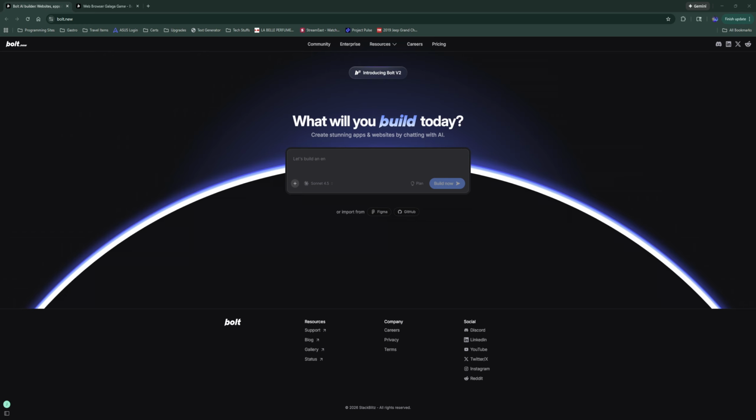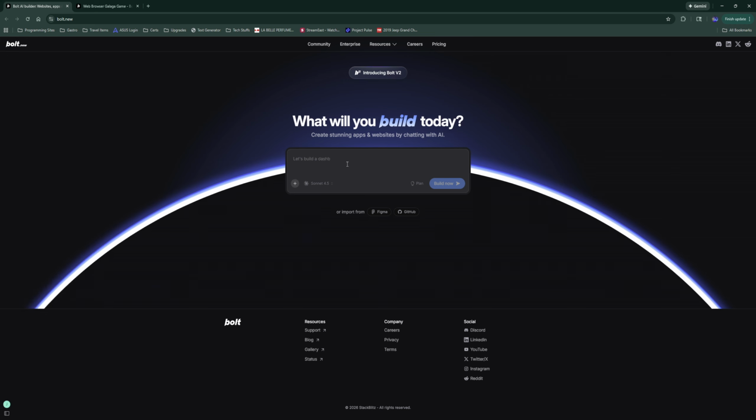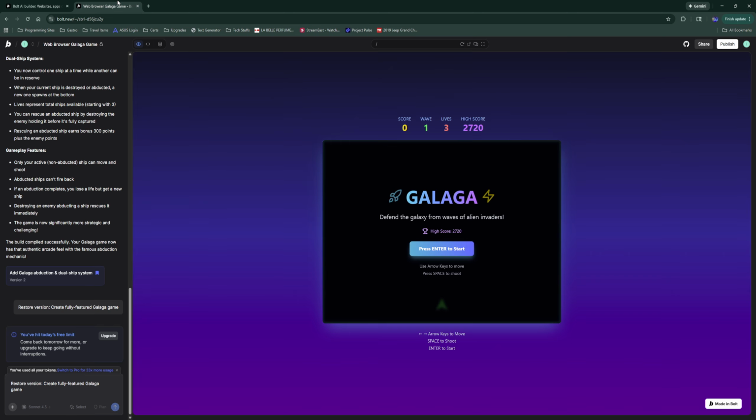Or first, how I did it. That's the first most important thing. I came here and just simply typed that prompt into the browser. Now, it will require that you make an account, but that's quite simple. You can use your Gmail, you can use your X, LinkedIn, GitHub. There's many accounts you can use. Once you do that, you click the Build Now button, and then it will take you to a screen like this,